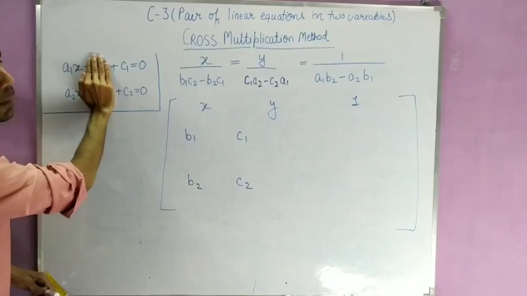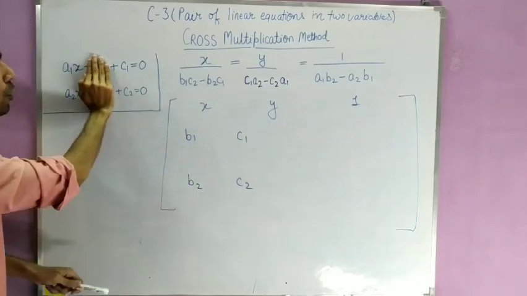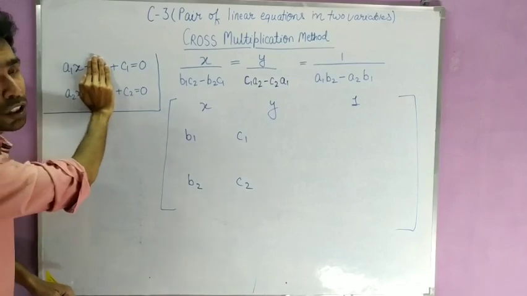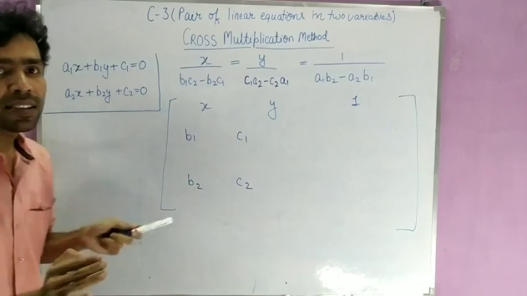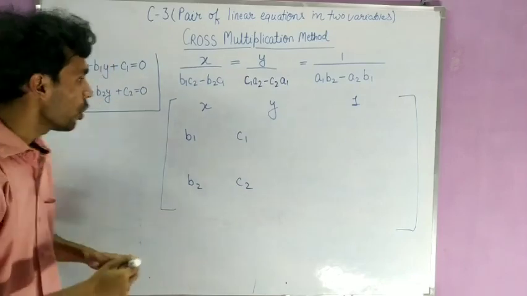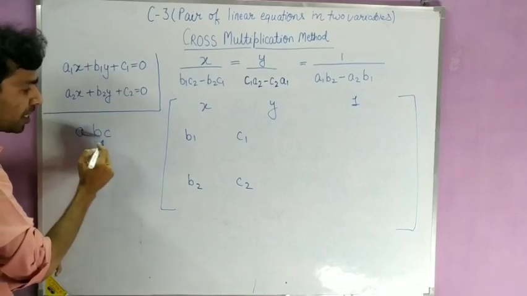So you hide that part. Whatever we have done for x, the same we will do for y. So you will hide that part. So what coefficients are left? c1, c2 and a1, a2, because we will move in cyclic order. And what is cyclic order? A, B, C. See, A, B, C.